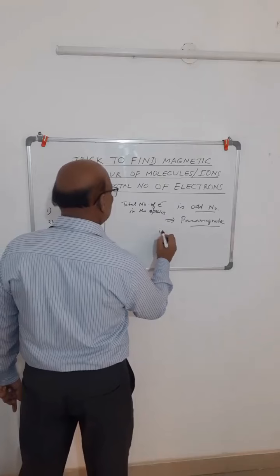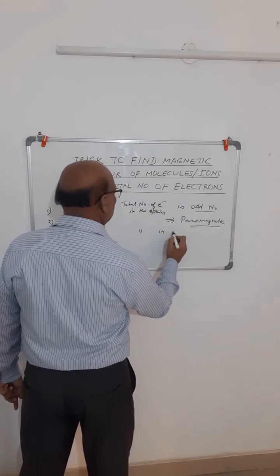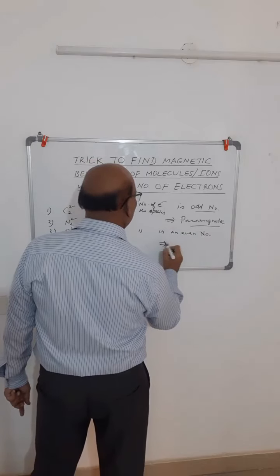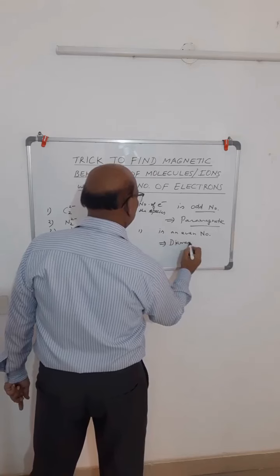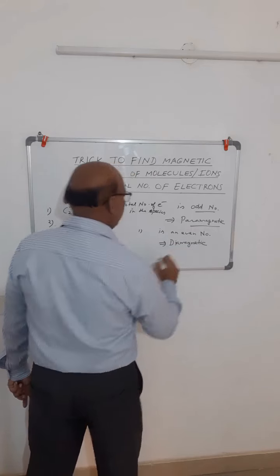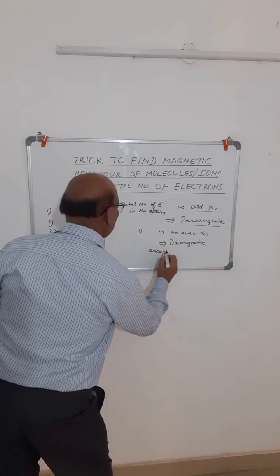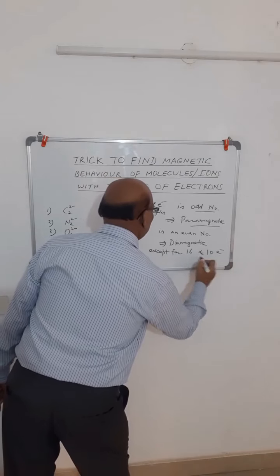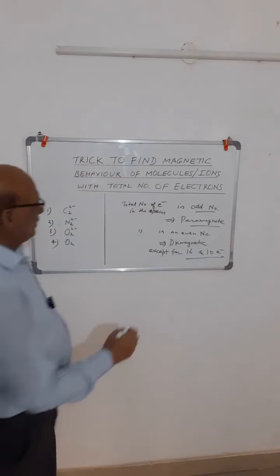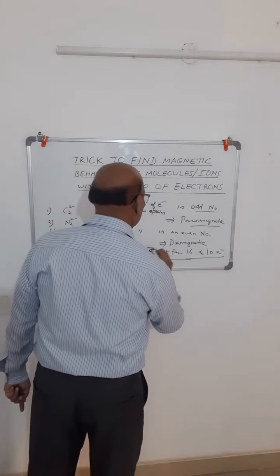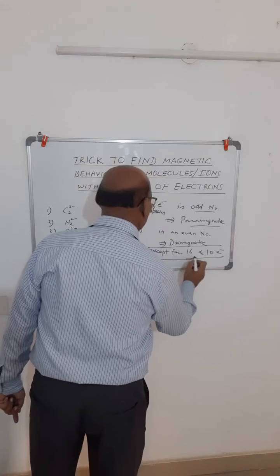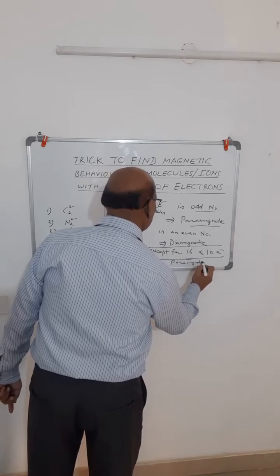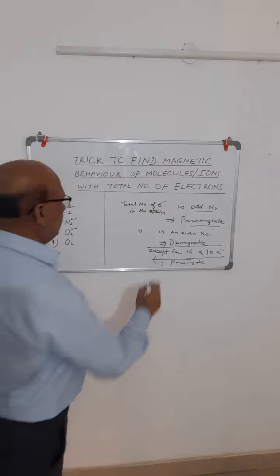and when the total number of electrons is an even number, okay, then it is diamagnetic, with one exception. It is diamagnetic except for 16 electrons and 10 electrons. So when the electrons are either 16 or 10, then it is not diamagnetic, then it is paramagnetic. Okay, for these 16 and 10 electrons it is paramagnetic, and all other even number of electrons it is diamagnetic.